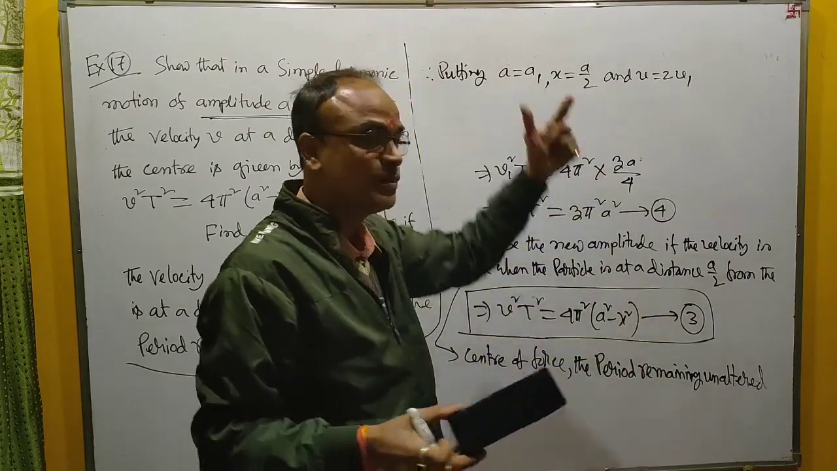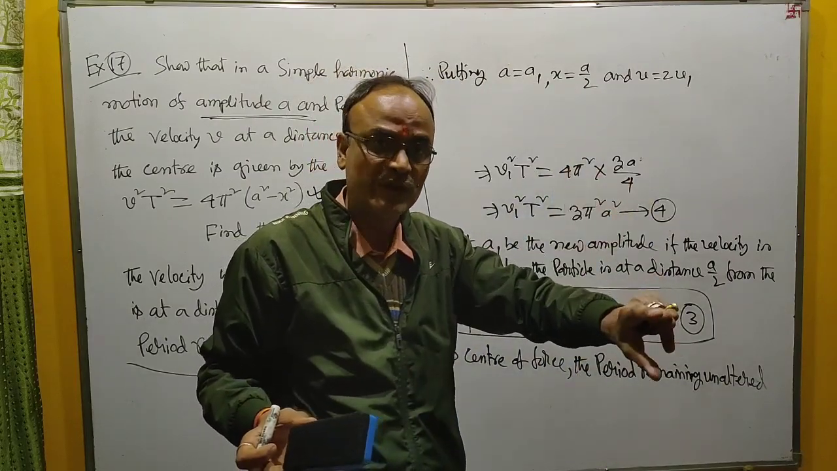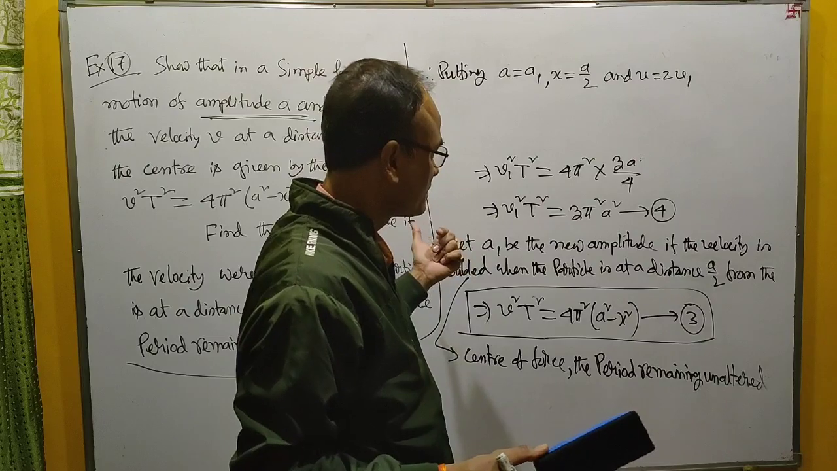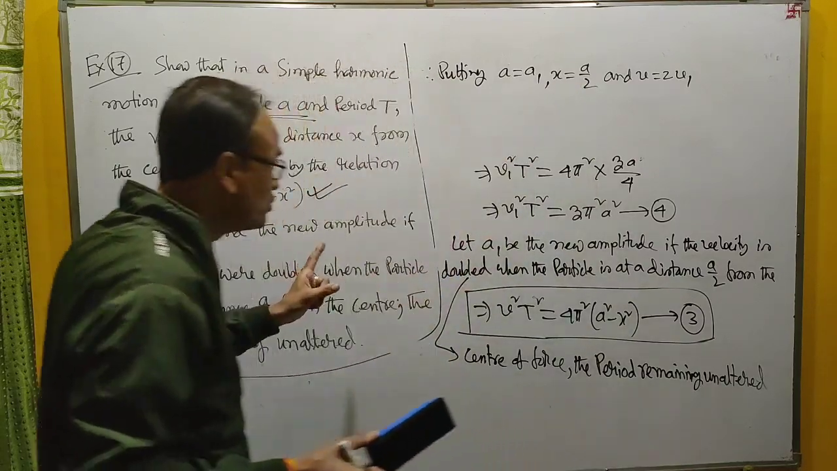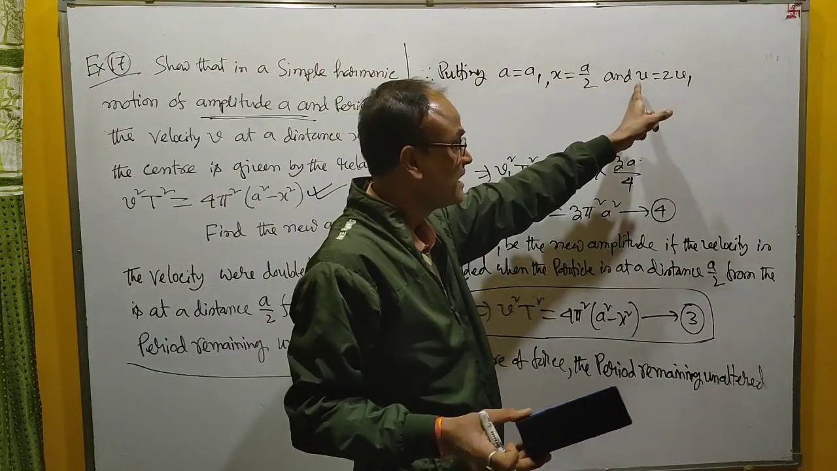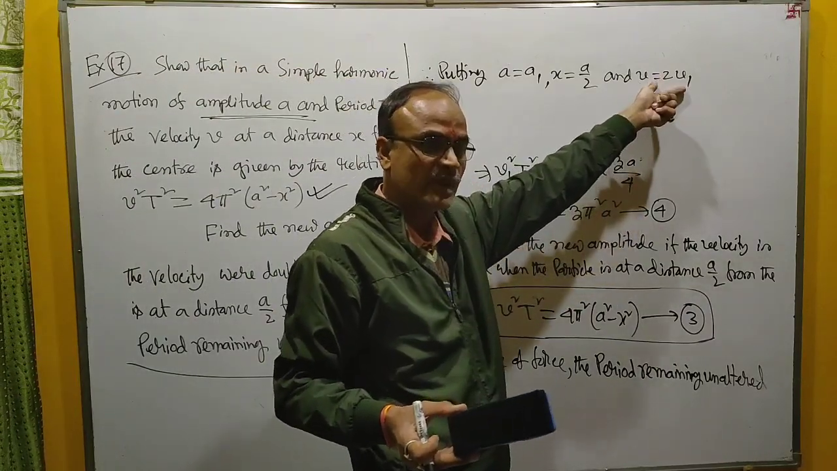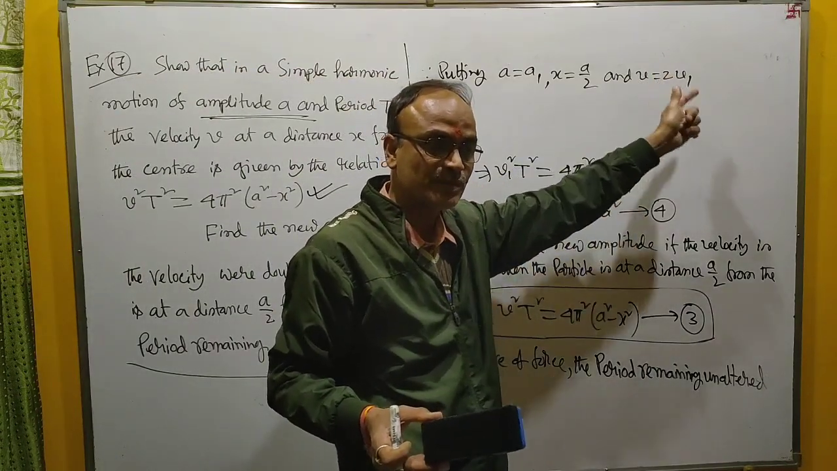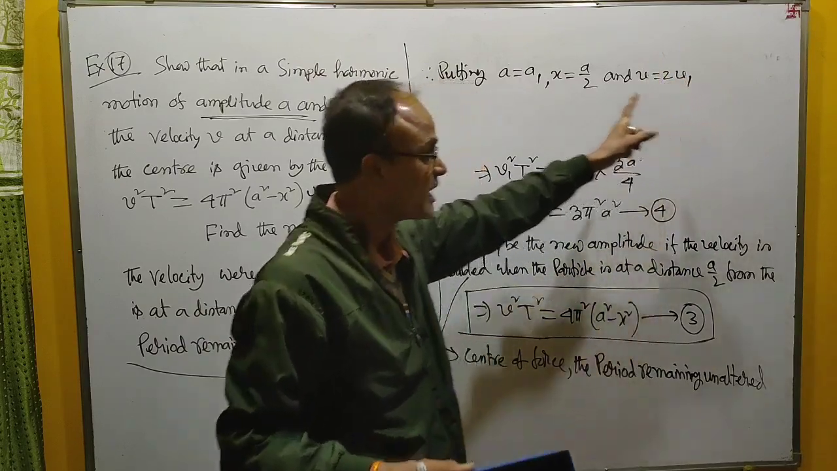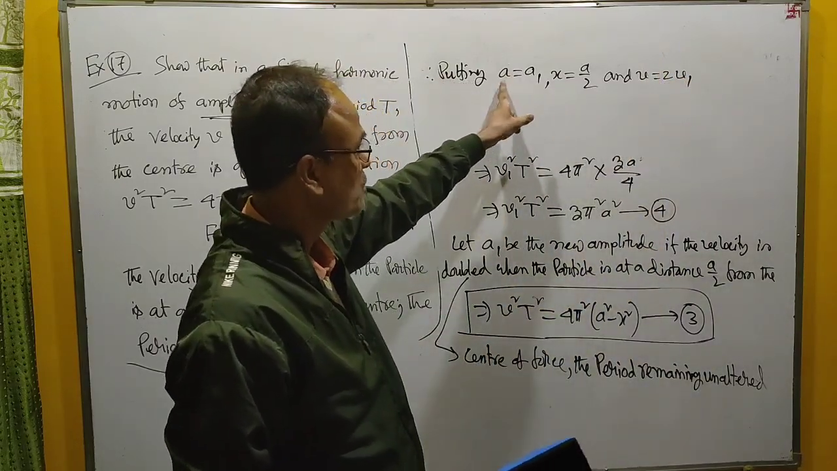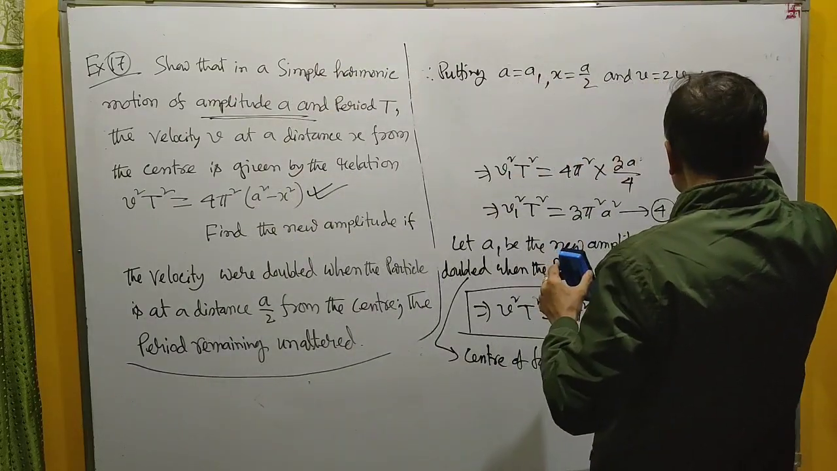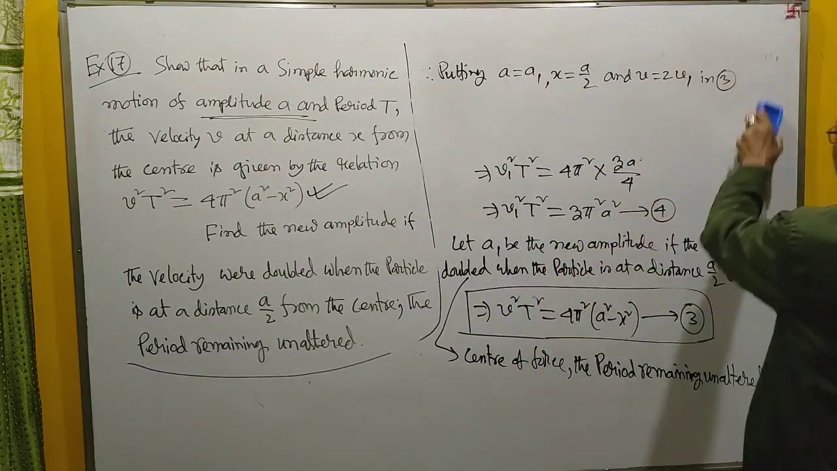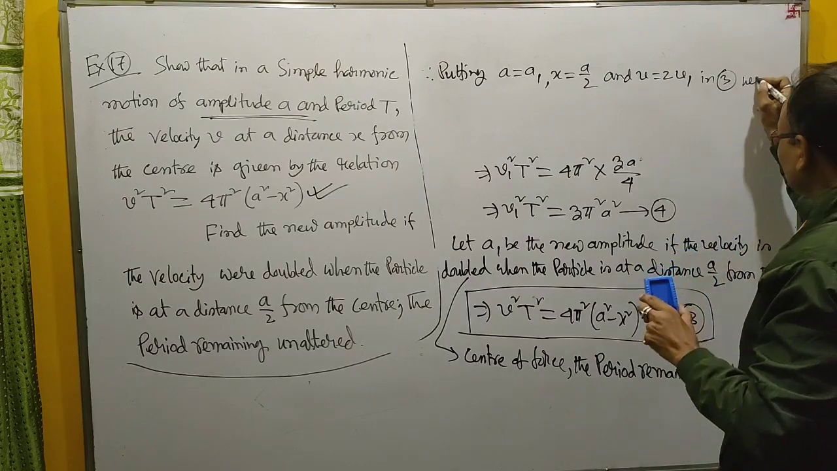When X is equal to A by 2, velocity is equal to V1. We have just supposed this, but according to the question, velocity is doubled when it is at a distance A by 2, so we have to put V equal to twice V1. When X is equal to A by 2, the new amplitude is A1. In equation 3 we get